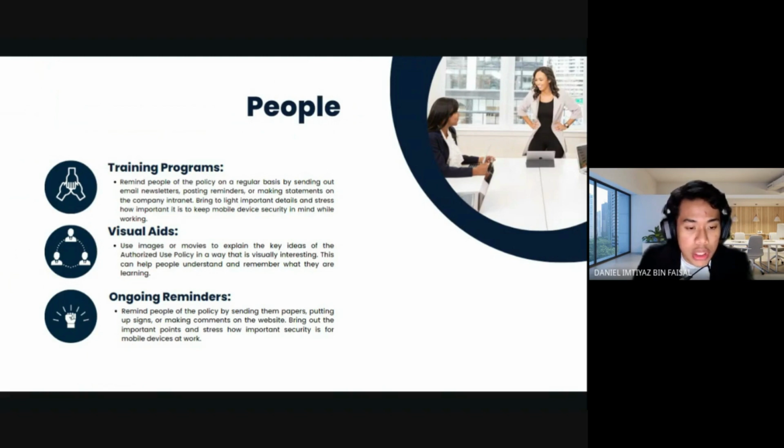Remind people of the policy on a regular basis using methods such as emails, newsletters, printed posters, or announcement posts on the company intranet. In the context of the job that we do every day, it is important to highlight crucial issues and stress the necessity of mobile device security.